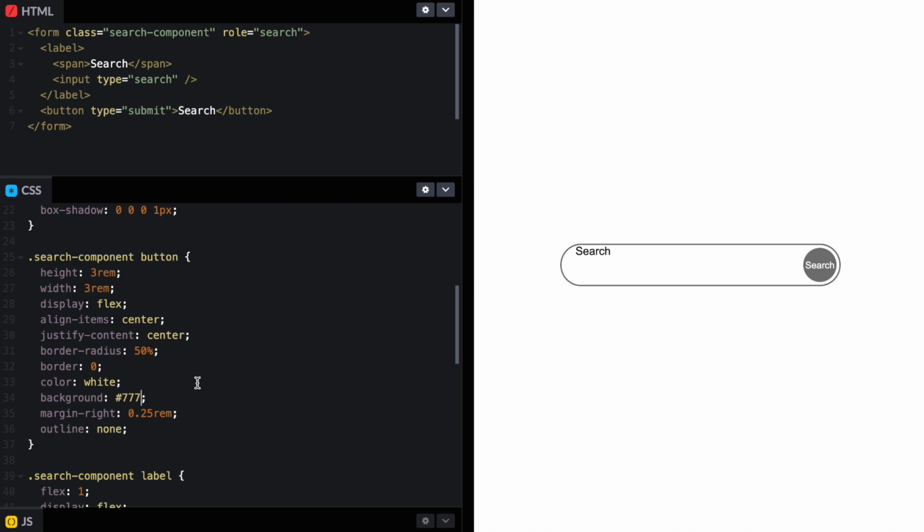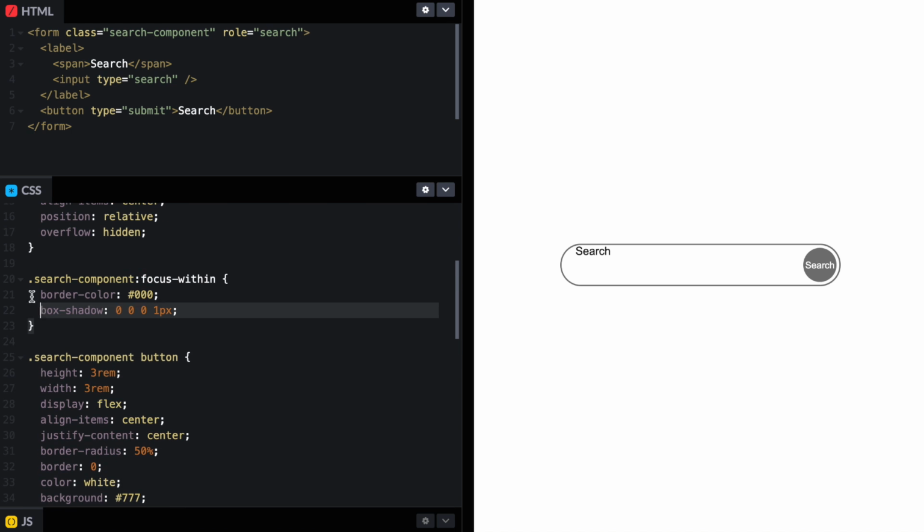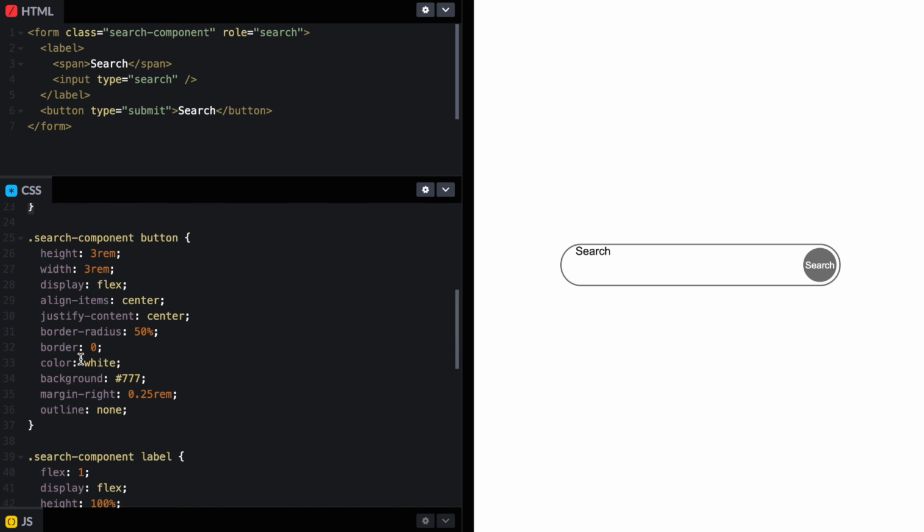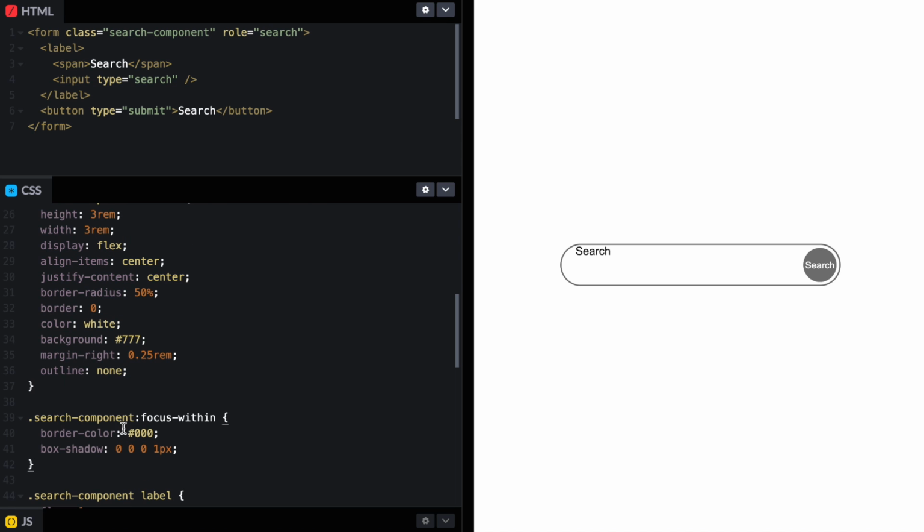And what we're going to do is that when the focus is within there, the button is going to have a background of, let's put 666, 444. So see, it changes color when we're inside to a darker gray. I don't know if it's obvious, but